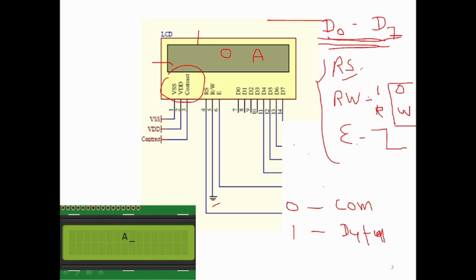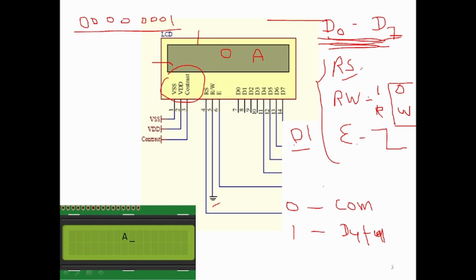Let us say my data is 01, or you can consider it as a command, whatever. Suppose this 01 in binary will be 0000 0001. And if I want to configure this LCD with this command, first of all I have to place these 8 bits on D0 to D7.